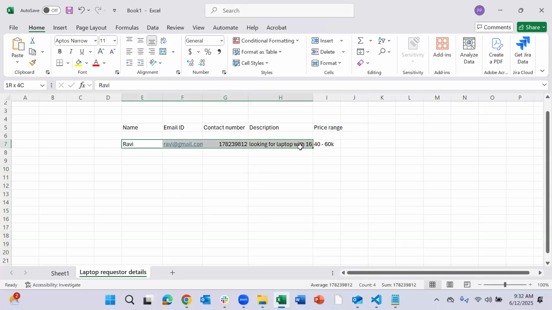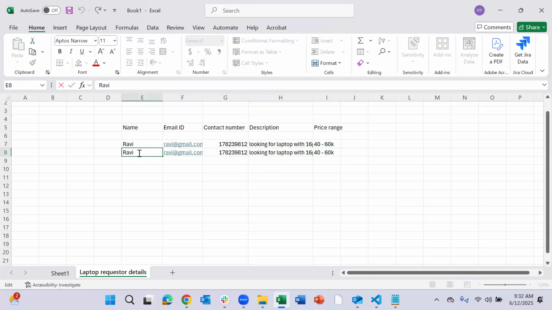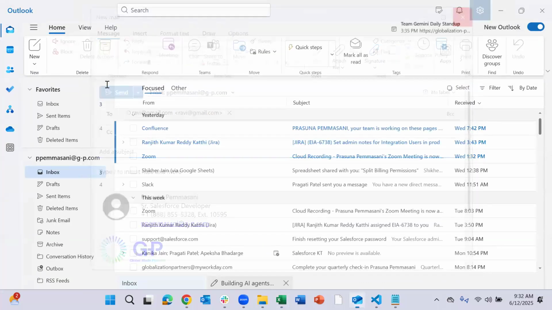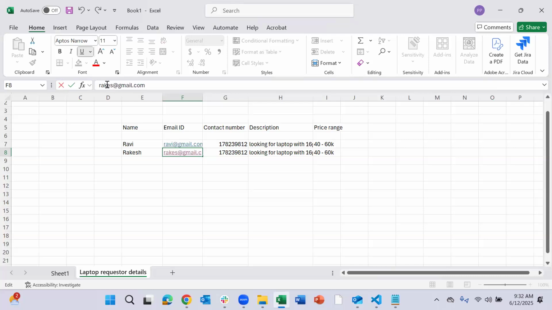And similarly, the other guy, Rakesh, is coming. He is entering the details, Rakesh, Rakesh@gmail.com. He has some other number, and he is putting, let's say, 8 GB, and he is looking in the range of 25K.